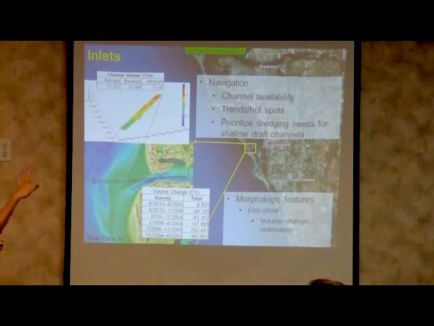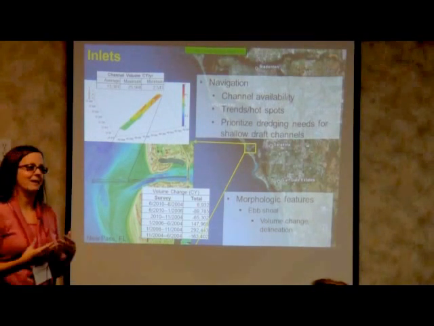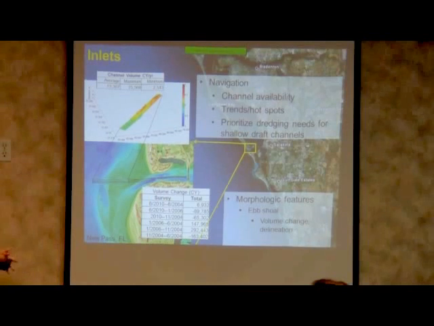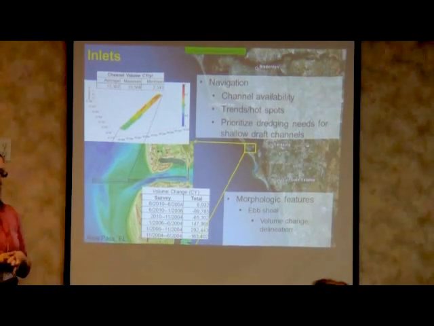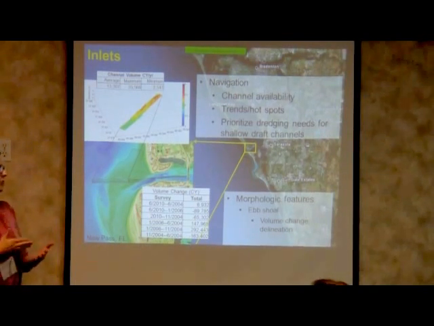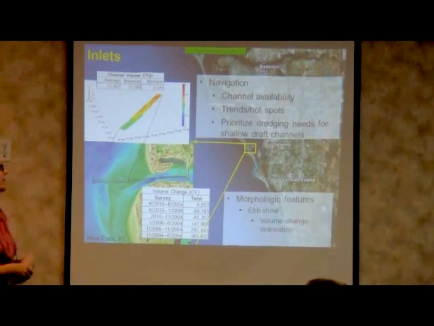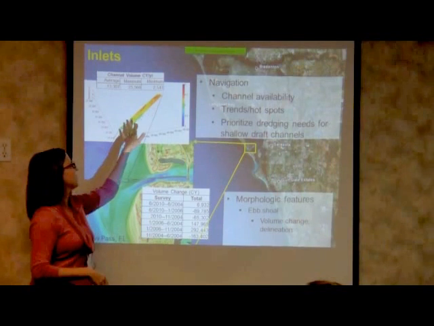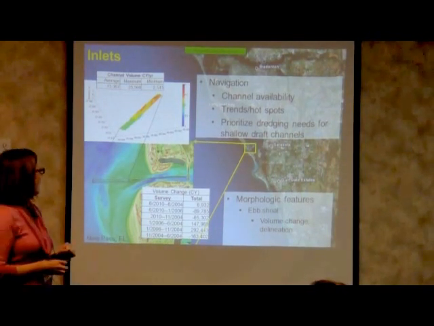The Corps of Engineers is interested in looking at inlets and the infrastructure around them. We're responsible for maintaining navigation channels to support commerce in the U.S. So this is one of our navigation channels down in Florida, and what we're able to do is compare successive surveys in those navigation channels and establish shoaling rates. So where is sand gathering the most in the channel? So these areas that are red have high shoaling rates relative to the blue ones, and we are also looking